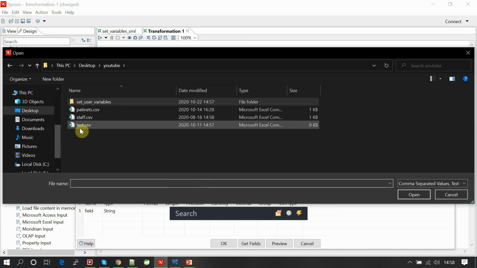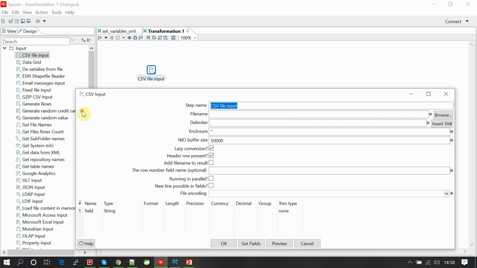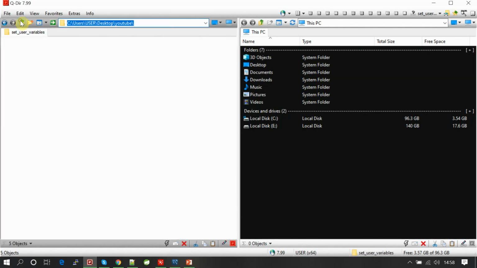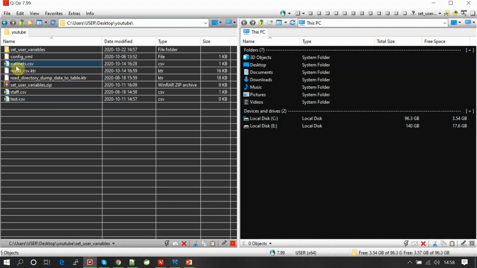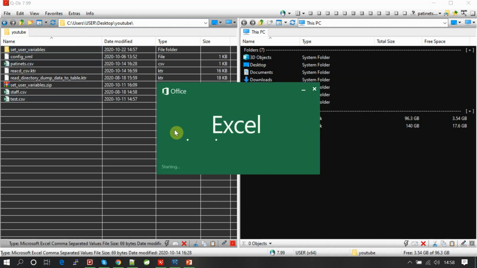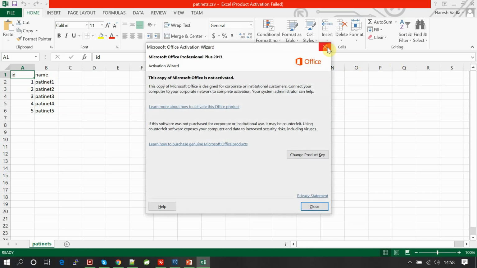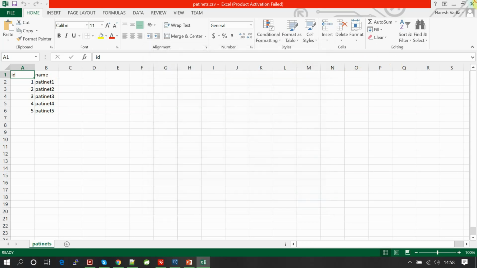I read the patients.csv data, where I can show you that patient.csv here. So this data, I'm going to dump into your table.